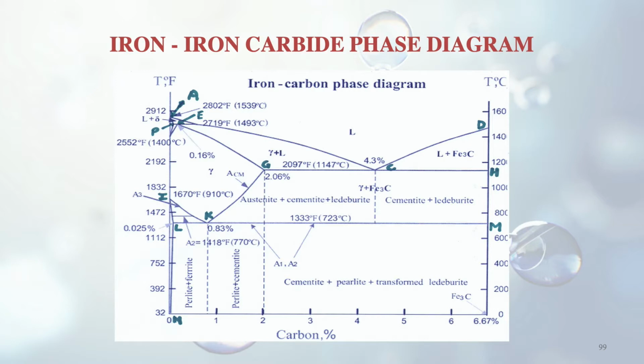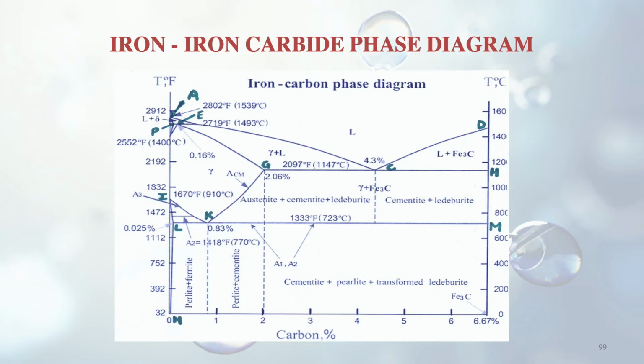Now suppose we take another case where the carbon percentage is different. Suppose we start at 3% carbon. You can come to the middle of the graph and see 3% carbon. If we start cooling from there, it will move along the line GC, and there is the eutectic point beyond that at 4.3%. When we are cooling, we see a mixture of austenite plus cementite plus ledeburite. Further cooling will take place, and it will move along the line GK.